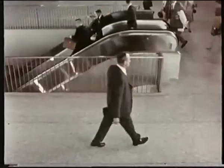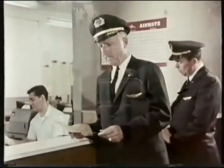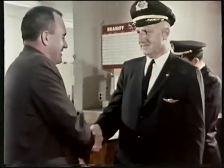This is Ralph Notmeyer, an air carrier inspector for the Federal Aviation Agency. Today, he will inspect the en route operations of a Braniff flight from Washington, D.C. to Mexico City. The first place Ralph goes is to the Airline Operations Office, where he meets the pilot of today's flight, Captain